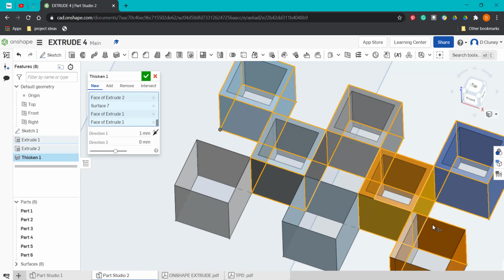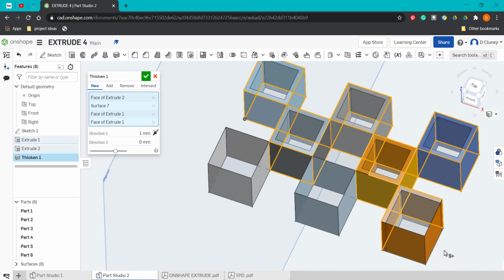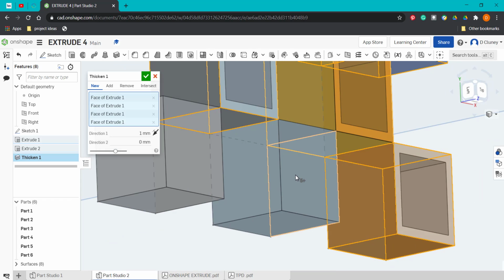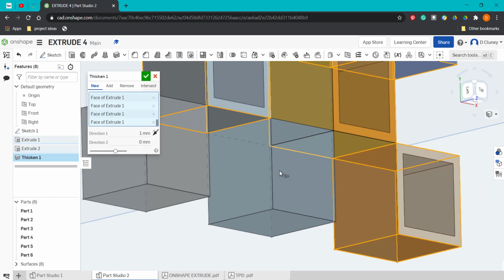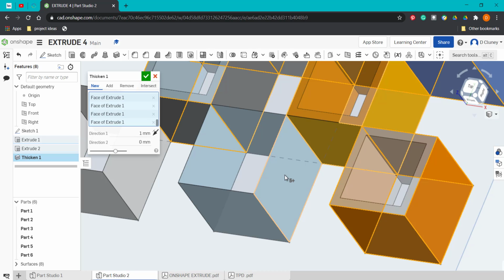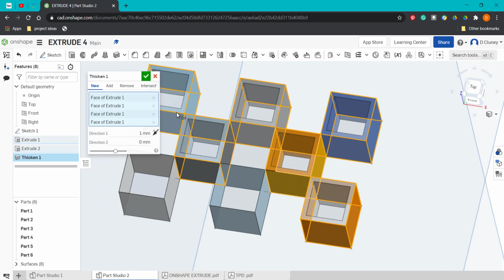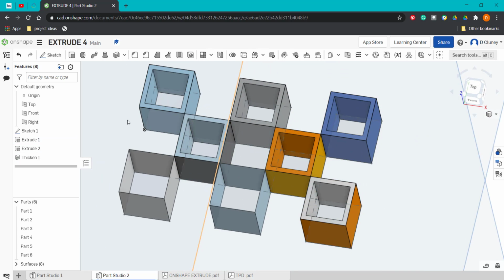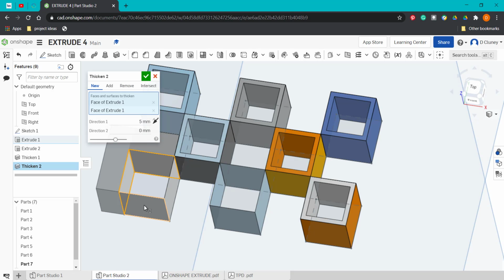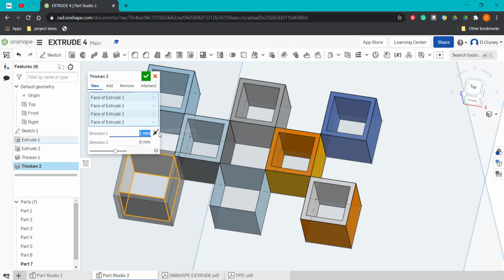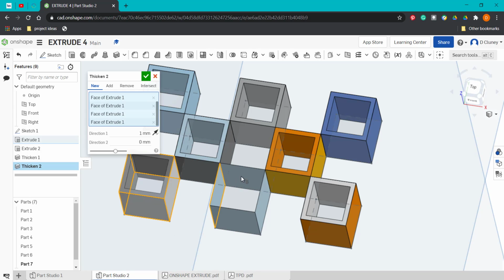Okay, let's have a look. Oh, this one's okay. So it seems to be creating that. Even if I select it on that side or that side, it does seem to want to create it on the opposite side. So what you might have to do, if you want to thicken that, is do it in some sort of batches. So we're going to thicken again. 1mm, on the inside,